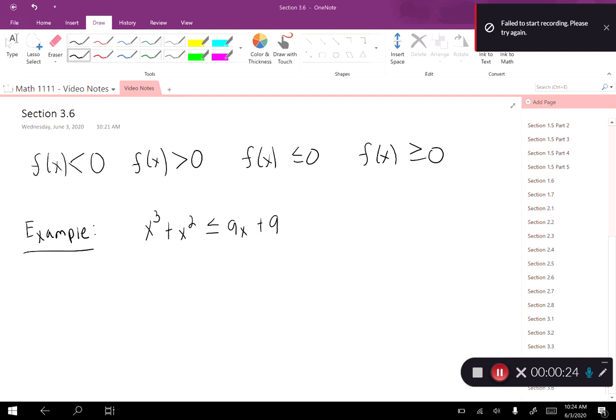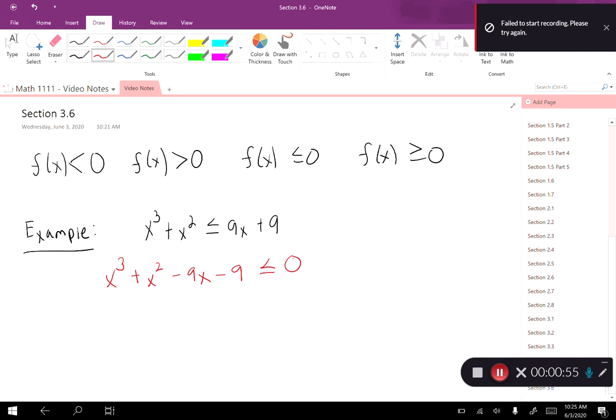Let's complete an example. Let's solve x cubed plus x squared is less than or equal to 9x plus 9. In order to begin solving, we must set our equation, or inequality in this case, equal to 0. So let's move the 9x and the 9 over to the left-hand side. So I'm going to get x cubed plus x squared minus 9x minus 9 is less than or equal to